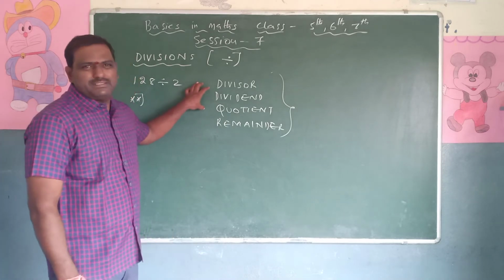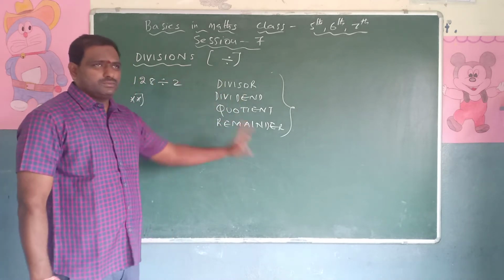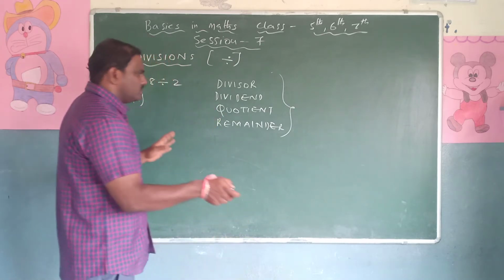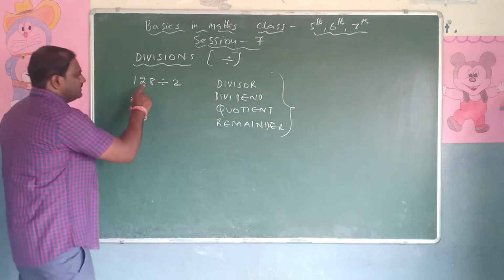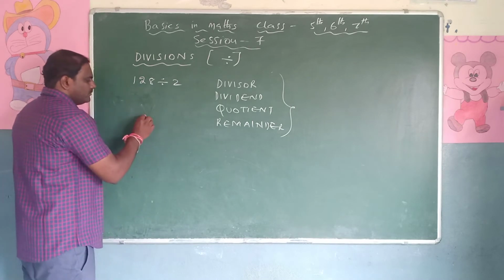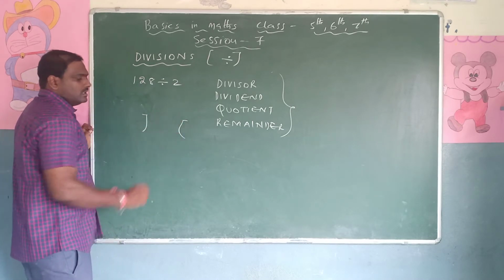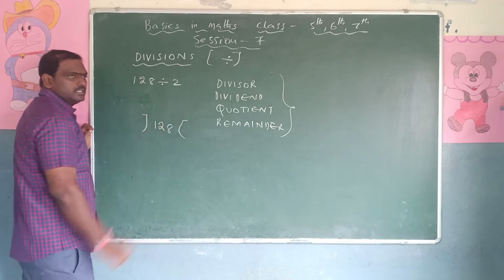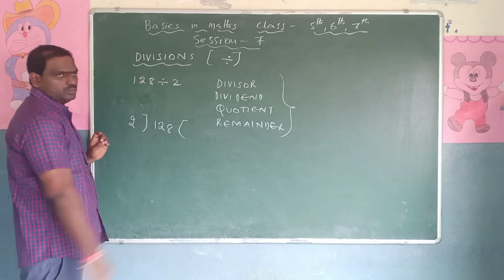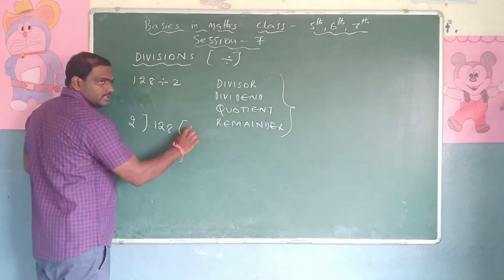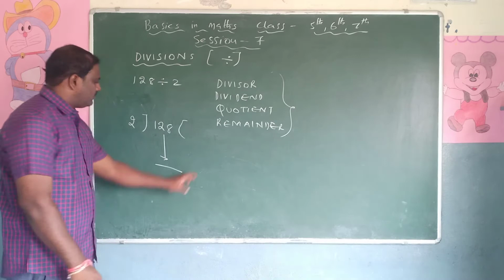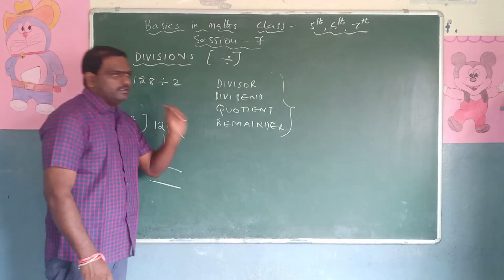To understand this, there are very big lines to write, so leave that. The basic point I will explain so you can remember it. Basically, how will a division be done? The division will be in this form, 128 divided by 2. So how to write this? We have to take a bracket. In the bracket we write 128, and on the left side of the bracket you write 2, right? Here you will get one answer, and at the bottom you will get one answer. Okay, if you remember this, you will get these definitions.